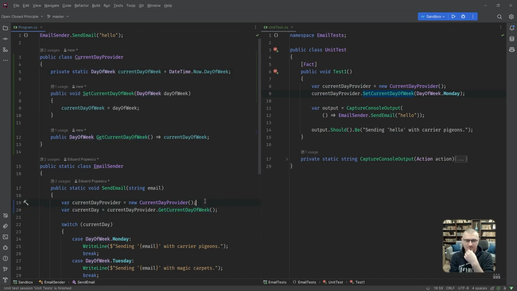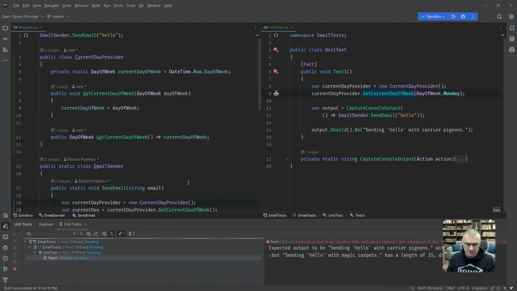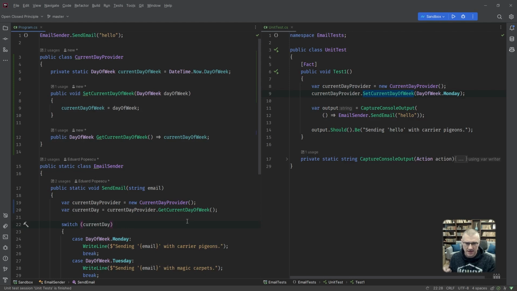Let's see. Okay, cool, fair enough. Leave it like this for now. Let's just make sure our test passes again. And it does. And let's see how we can fix this thing. Well, the whole point was to be able to inject an instance of this thing.